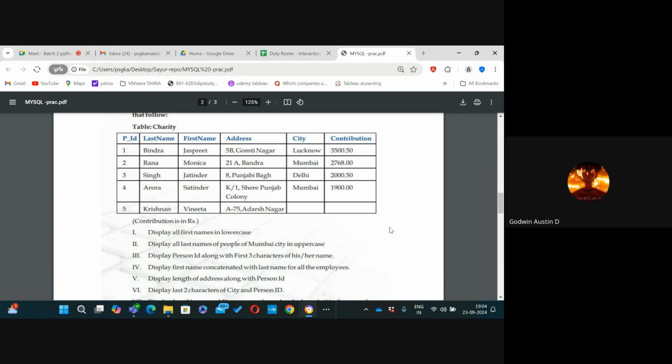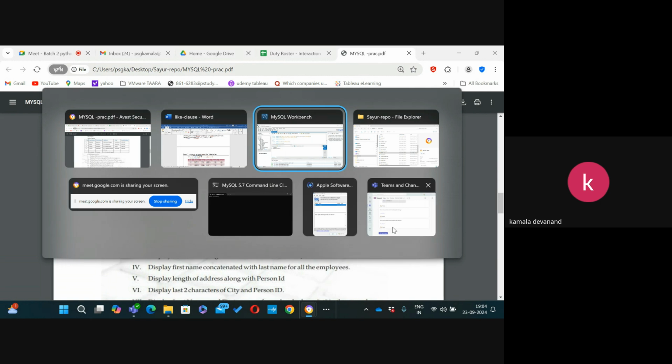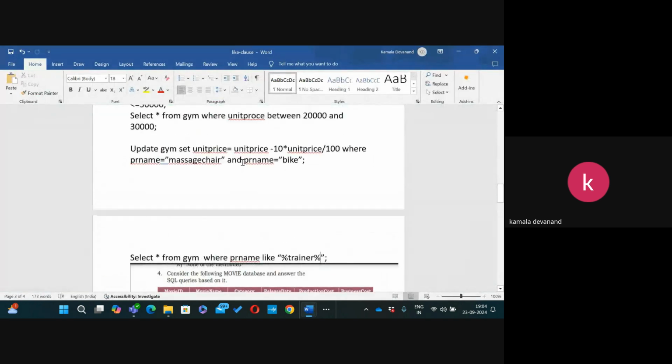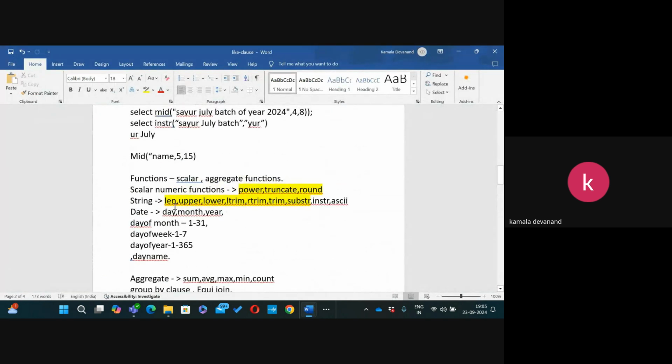Select first name from Charity where... Okay, now tell me about this lower case. First tell me what is it? We learned it as what? I'll go back to the word to show you. One minute, where is the word? I told you what all these are. Tell me. What are all these? They are